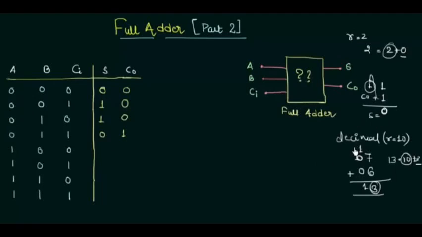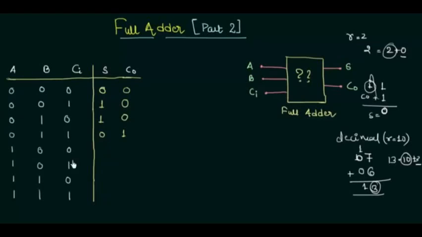Actually it's all dependent upon the weighted codes, so it will be much better if I explain it by taking the weight of the corresponding positions, but it will be really out of scope of this presentation, because I have to complete the full adder circuit part in limited time, and I cannot explain this addition of the binary numbers. For that, go to the playlist and search for binary addition. You will find it very easy to understand. So let's move to our